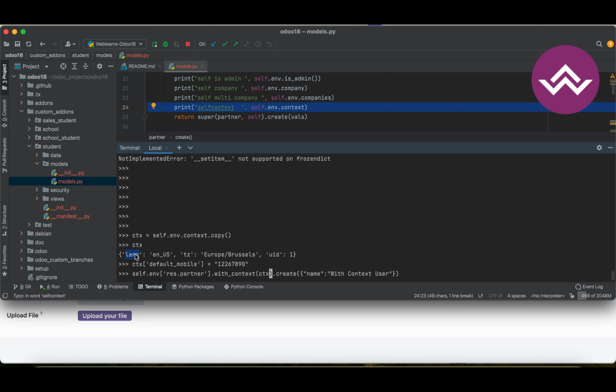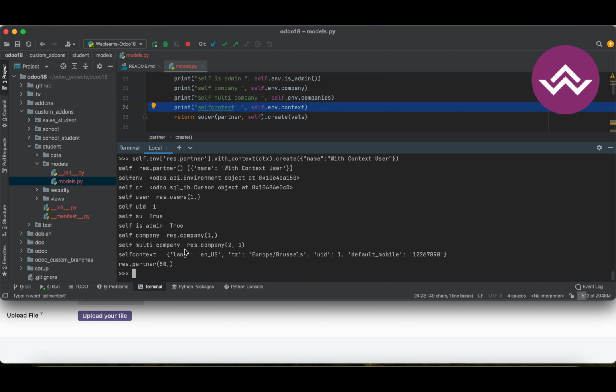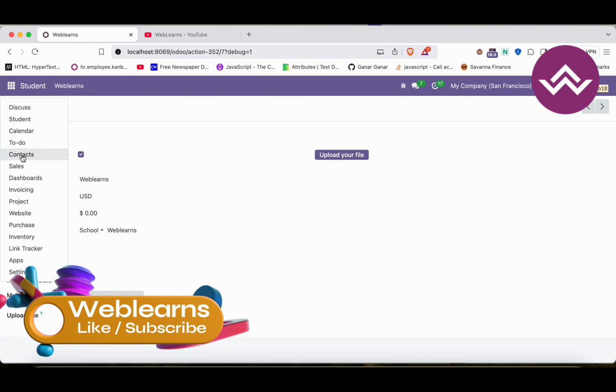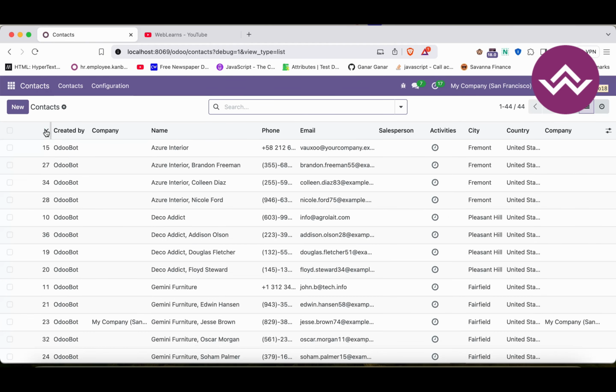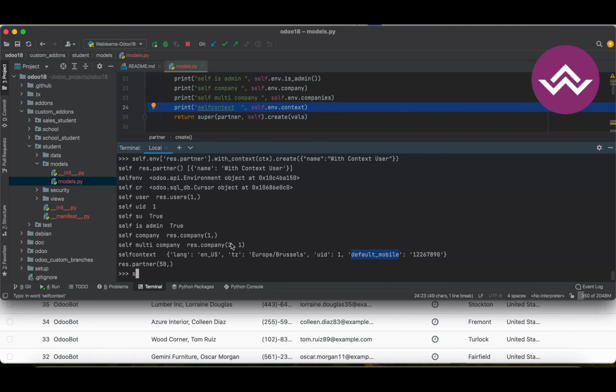Okay, so it has a language, it also has a time zone, it also has a uid plus default underscore mobile. So now you can see here, once I call the create method it will automatically call here, right? We have to focus here in the context. You can see the default context is the language, time zone, uid plus the default mobile, right? But if you check here in the contacts you cannot see that contact. So if I go here, in descending order, now you can see you cannot see here any records. So for that we must commit